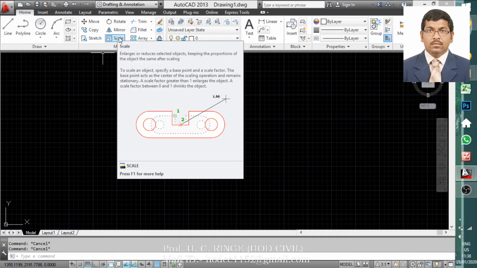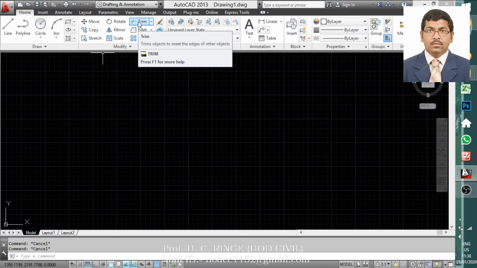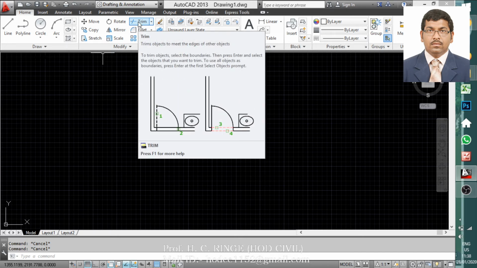In this particular tool we are supposed to select the scale object, enter the scale, and you will get the object as enlarged or smaller one as shown in the drawing. Then the trim tool is there. In this particular tool,